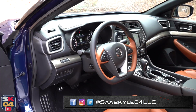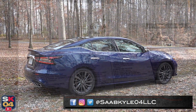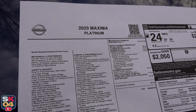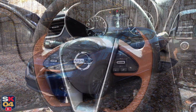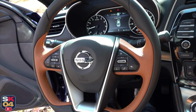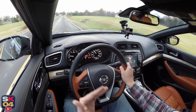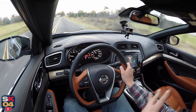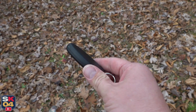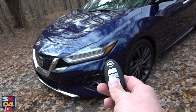In today's video, we're going to be taking an in-depth look at the 2020 Nissan Maxima Platinum Reserve. The goal for this video is to give you guys a total point-of-view walkthrough of the entire car, from the engine all the way back to the trunk and everything in between. I'll also take it for a thorough drive and show you many of the unique aspects throughout the interior as well as exterior. And so, without further ado, let's go ahead and hop on in, start her up, and let